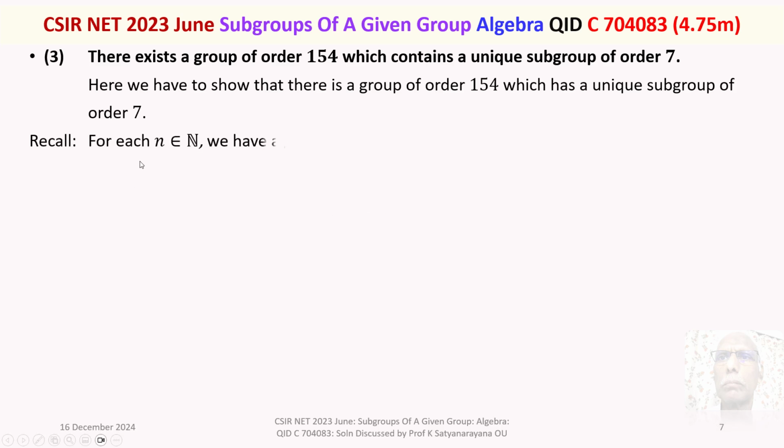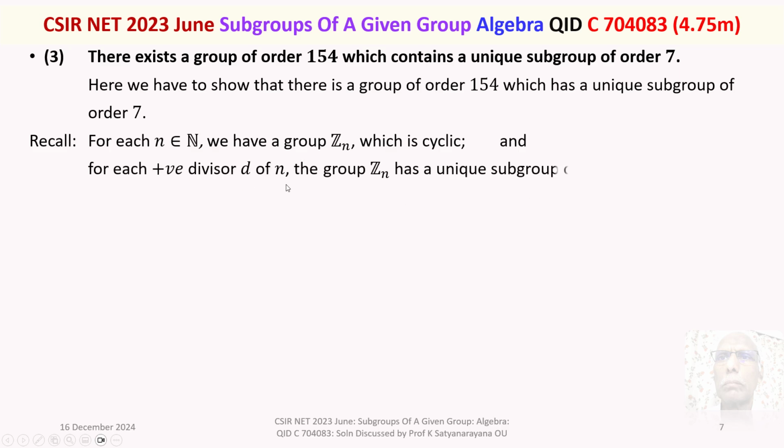You recall, for each n belonging to N, we have a group Zn which is cyclic, and for each positive divisor d of n, the group Zn has a unique subgroup of order d. So for n equal to 154 and for d equal to 7, the result follows. Thus, there exists a cyclic subgroup